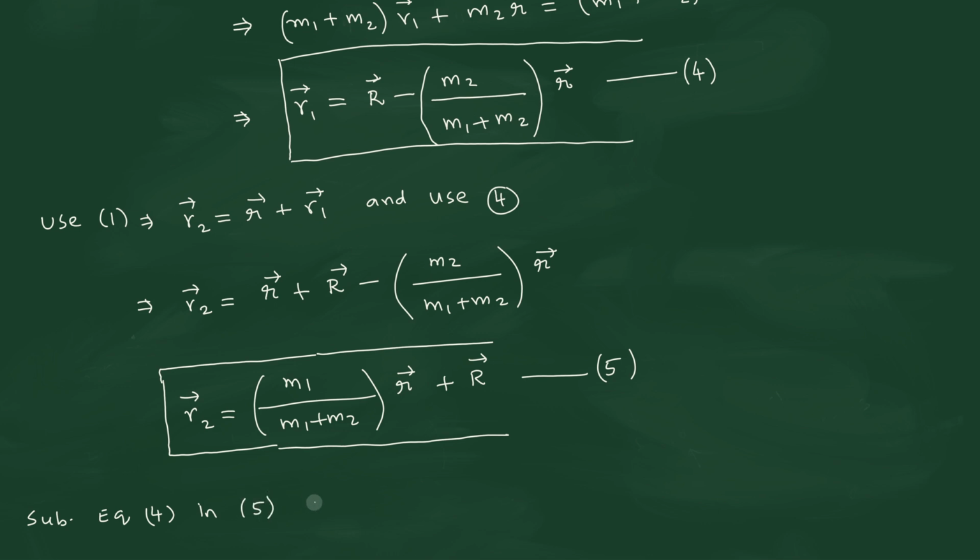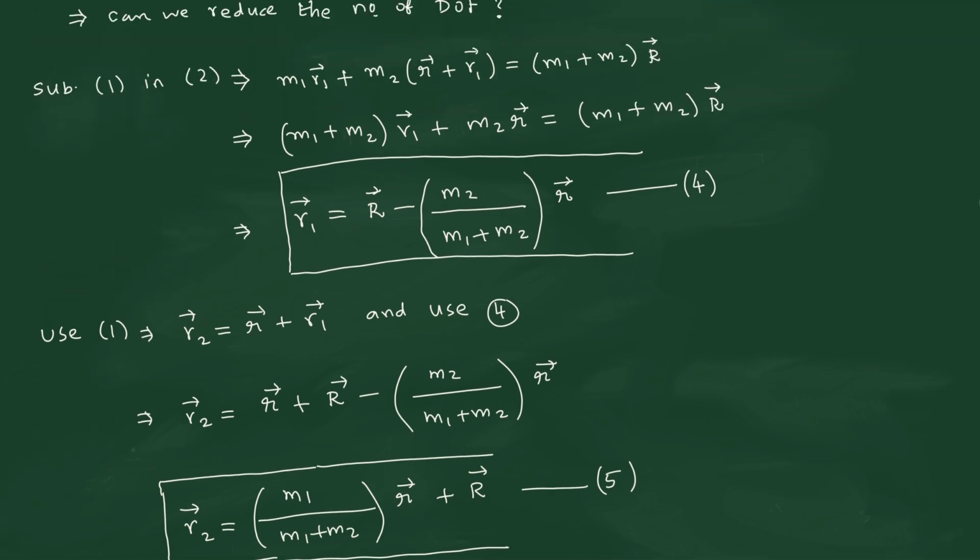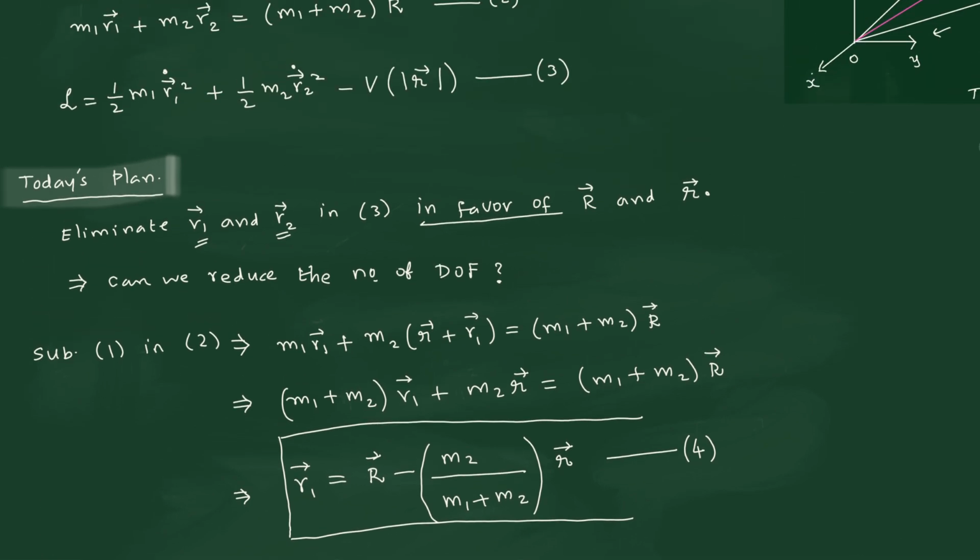So where do you want to substitute? In the Lagrangian, in the equation for the Lagrangian. But what is the equation number for the Lagrangian? Yeah, here it is, 3. So the equation for the Lagrangian is equation number 3. So in this equation we are going to